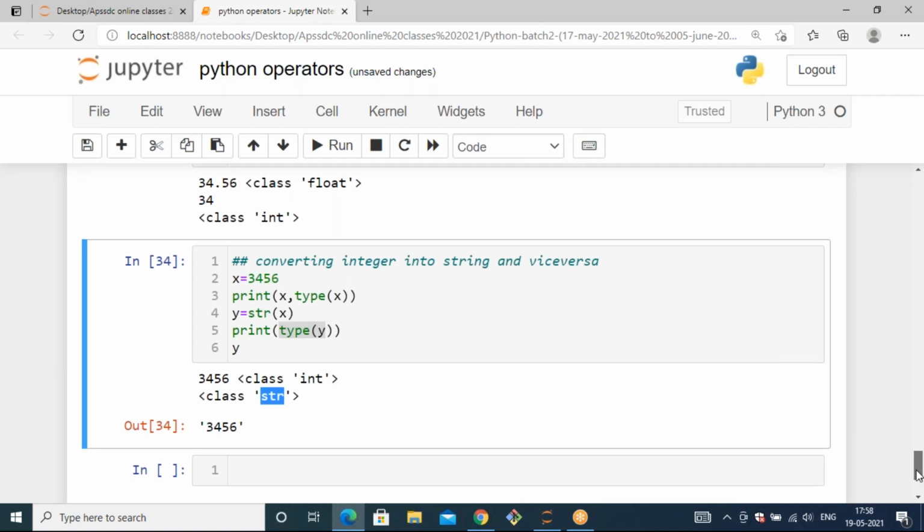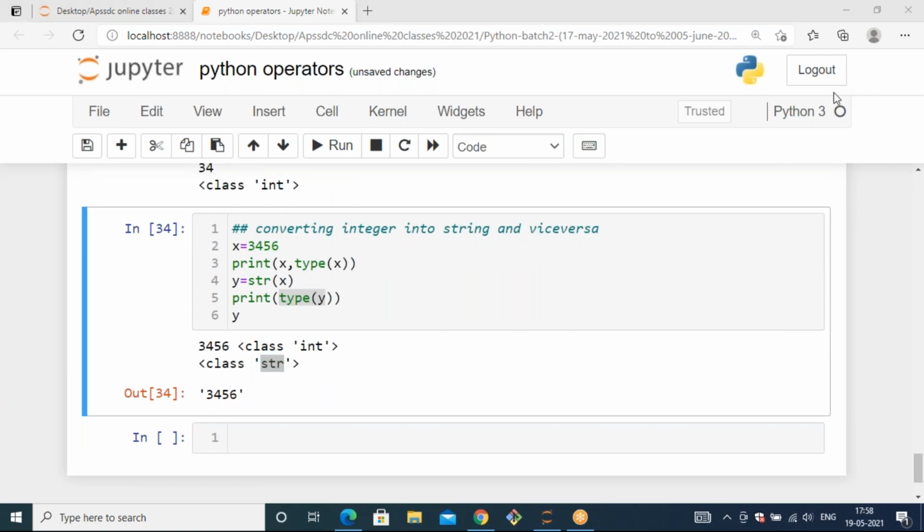Okay. Is that clear all up to this? Converting integer into string. Okay, good. Now we need to convert string into integer. Now just imagine yourself, think yourself, is that possible to convert string into an integer? Can you typecast string into an integer? No, ma'am. Yes, I'm getting responses like no,